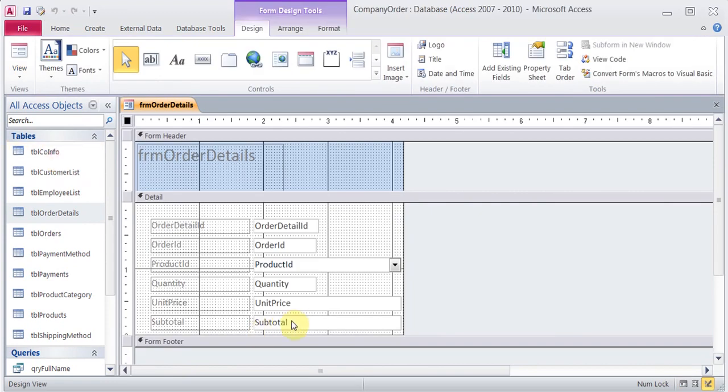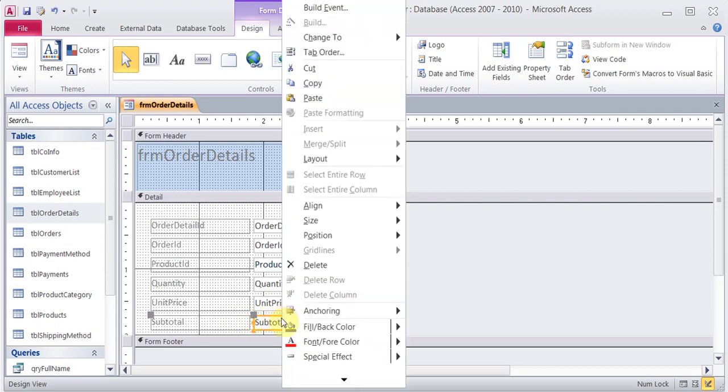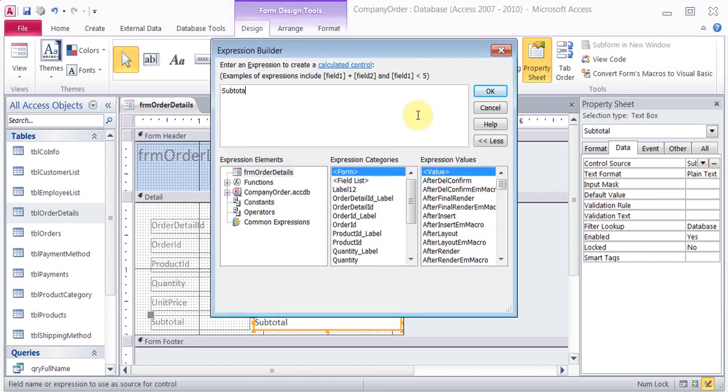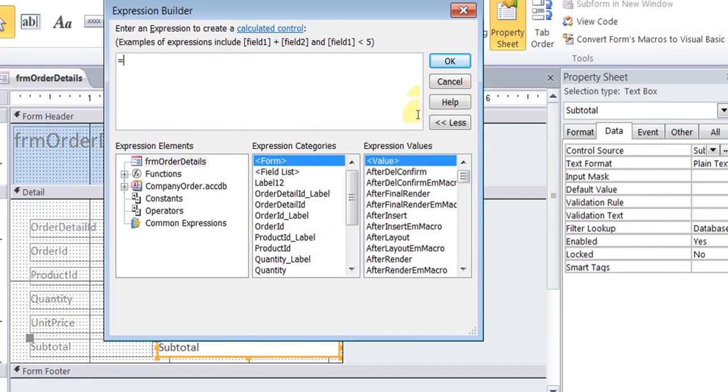and I'll click on the subtotal, and right in this box I can start typing equal, or you go to the property sheet, or you can even right click, and let's see if the option comes up. Right click and you should get property sheet, or you can go from here, and I can click on the dots in the control source within data, because that controls the source. I click in the dots, I see a big screen, and to remove that, just type equal,